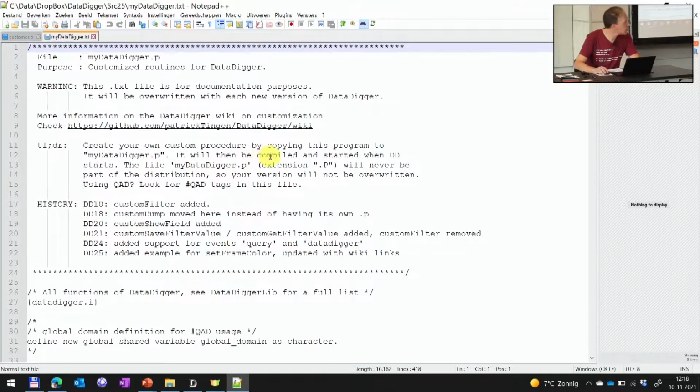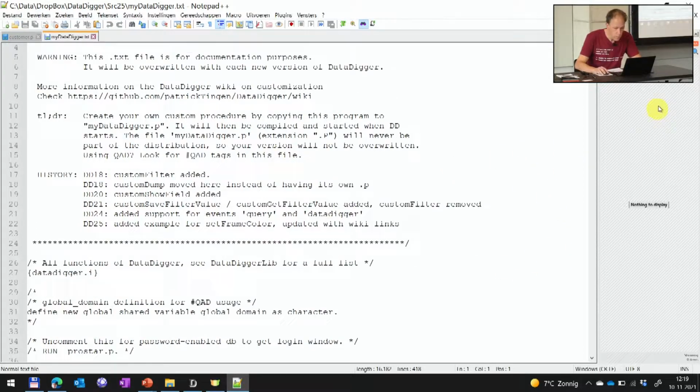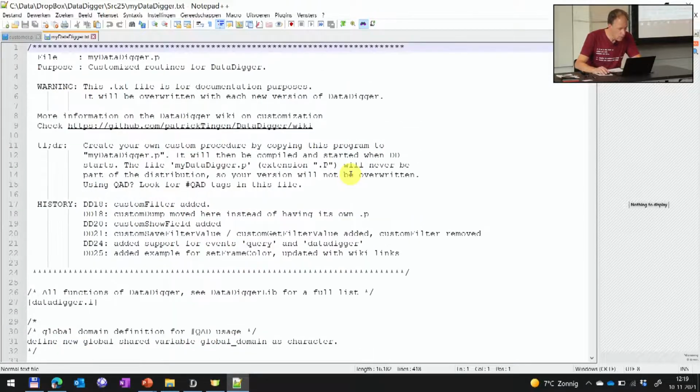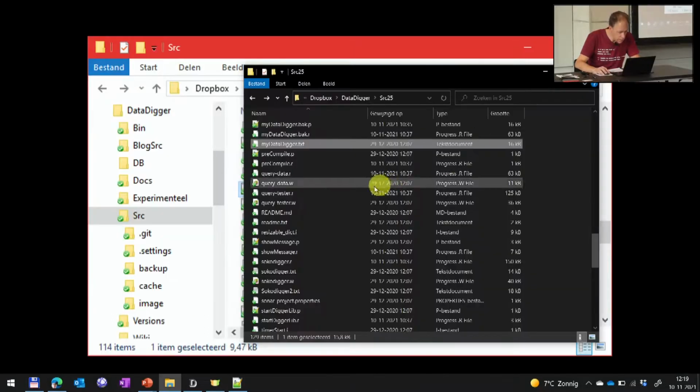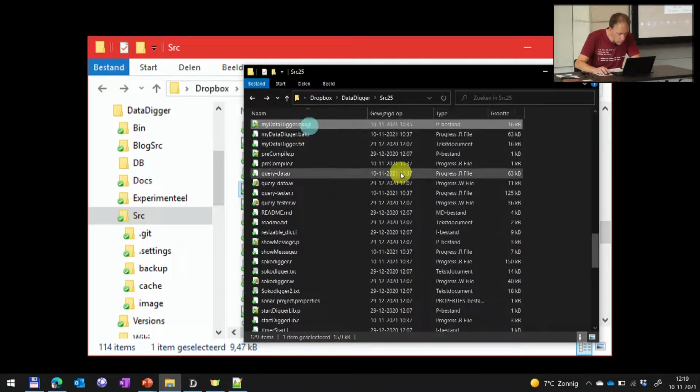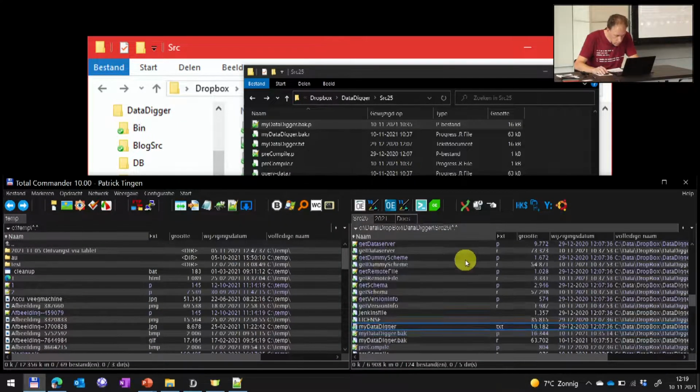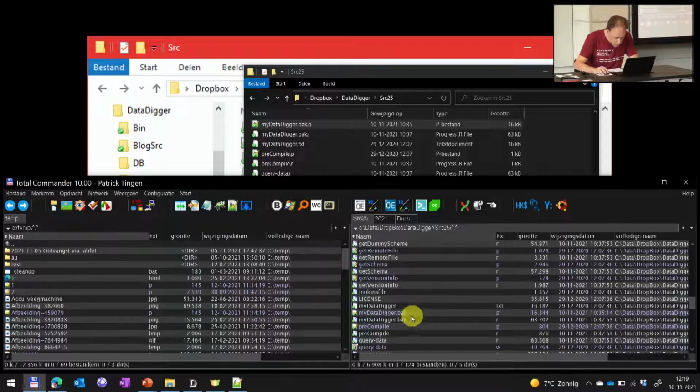Is this readable for everybody? If you open up this file, okay, I'll open up another one. This might be even better because I already did some work on that. If I use